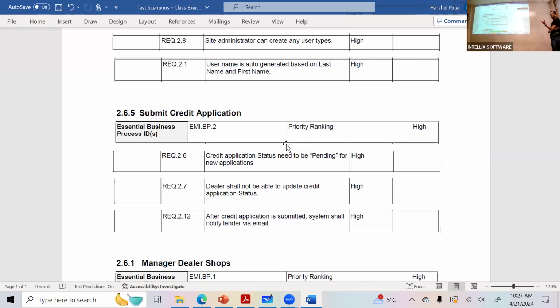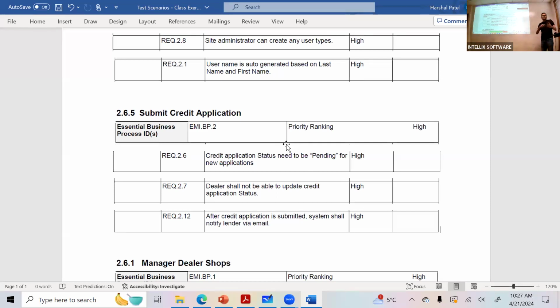So what does it mean, like who is submitting? It says it's pending, right? But what does it mean to you? What's the business process here?